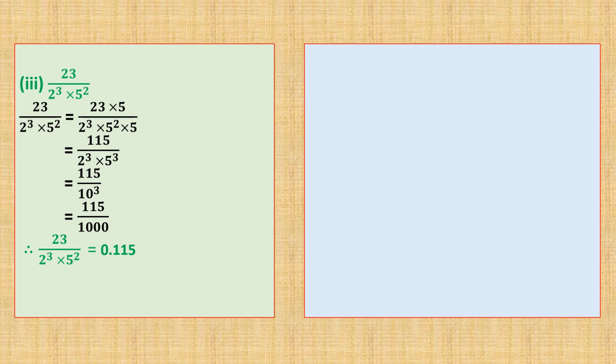So your next question will be 7218 by 3 square into 5 square. Here, if you see, there is 3, but 3 is not a friend of 5, only 2 is a friend of 5, right? 3 square, so it is 9. So check whether this number is divisible by 9 or not. To check whether a number is divisible by 9, you should add all the digits and check whether the sum is in the 9 table. 7 plus 2 is 9, 9 plus 1 is 10, 10 plus 8 is 18. So it is divisible, right? So first do the cancellation in this way.